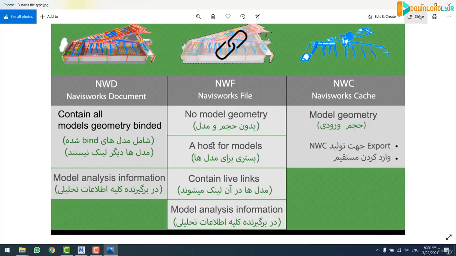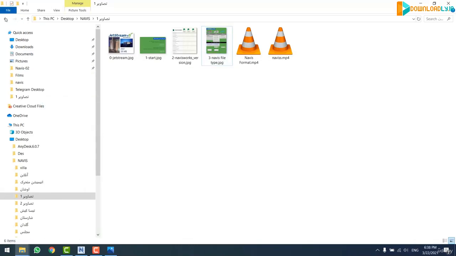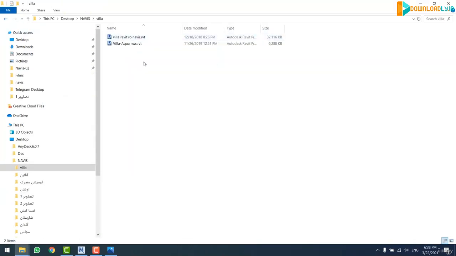Well done. So to do this, I have considered two Revit files, which are assigned to modeling a villa. Actually, both of them are the same, but the names are different. For example, I want to import the first of them directly to Navisworks, and the name is Villa Revit to Navis. But the second one is Villa Aqua, that the suffix is assigned as NWC. First of all, I want to export this file as an NWC file, and after that, I want to import